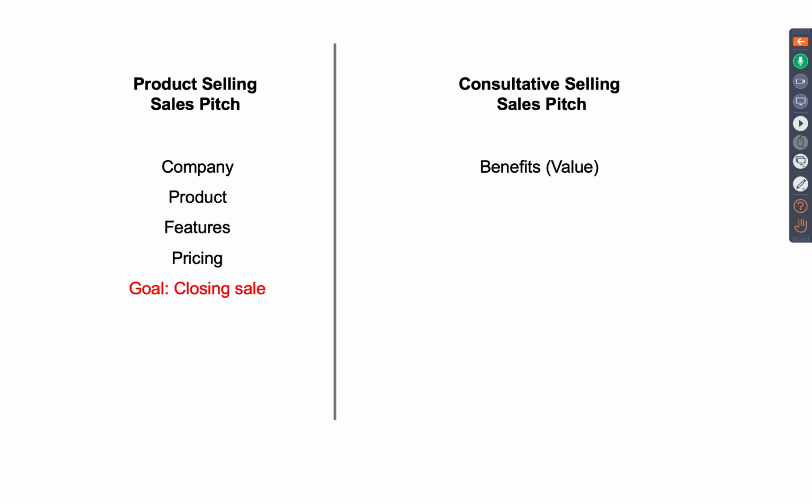By the way, on the left side, as I mentioned, we're all humans, we all care about our own stuff. The left side is all about the salesperson's stuff: their company, their product, their interest in selling their product. Everything on the left side is all about the salesperson. The right side that I'm going to show you is more about the prospect,